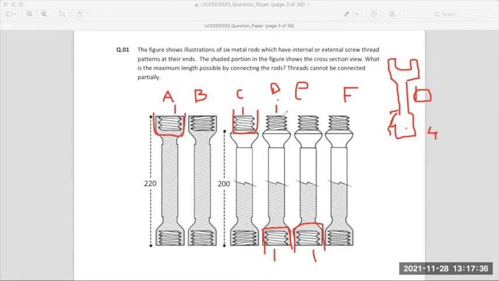Now if I look at this, what are the possibilities for the 4 screw thread? To attach the 4 screw thread you can use B or this one, you can use A if you want to. You can also use C, which is this, and you can also use F, which is possible. So now there is an open groove coming here. I need something to fit in.